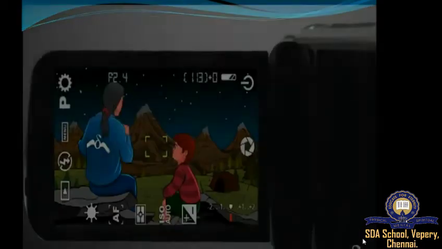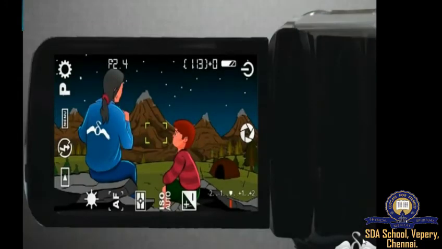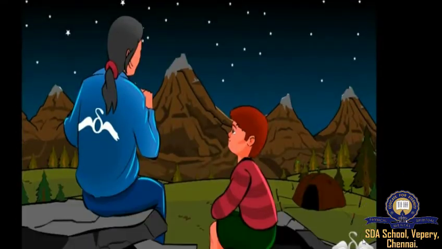Consider the following example, students. Few days back, a girl went trekking with her younger brother. She recorded the trekking on a camera. She says, "Look at the stars. They appear much brighter here than in the city." Her brother replies, "Yes," and says he also sees a group of stars that appears like a question mark, and asks his sister to help him draw it. She says to first draw points showing the position of stars and then join them.